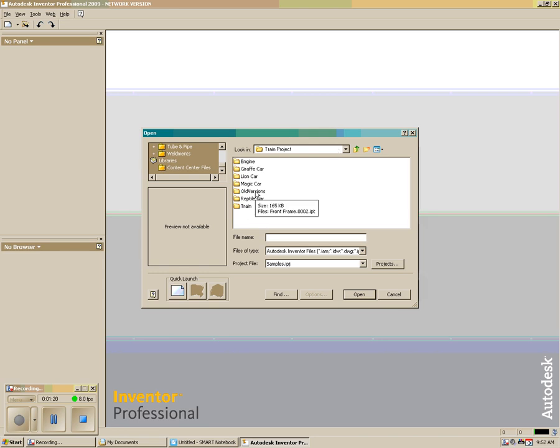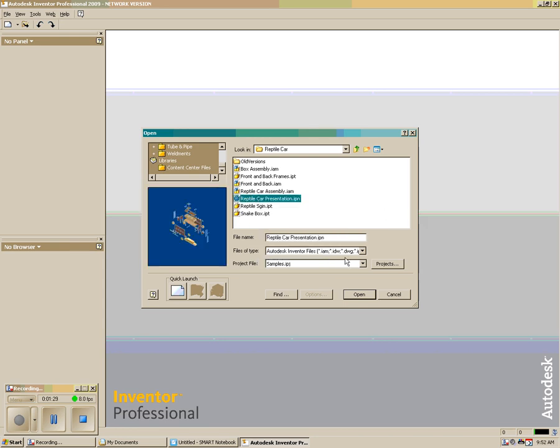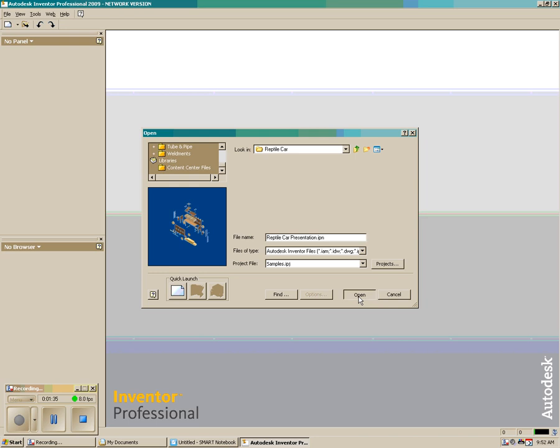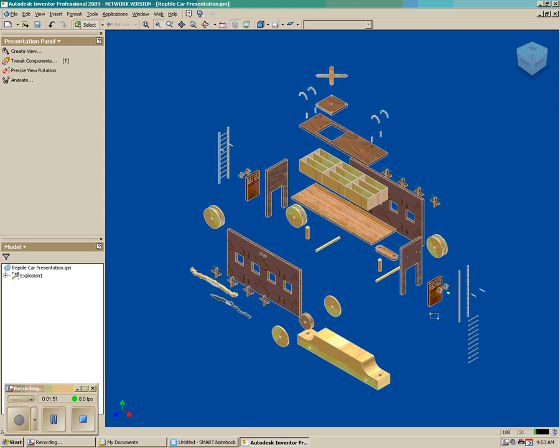So I'm going to open a presentation for a car I did. I'm modeling mine after the train from the third Indiana Jones movie at the beginning, if any of you watching this have seen that. So you'll see it's a little bit like that. So this is a reptile car anyway. So once it opens, okay, so this is my reptile car, and it doesn't really look like a train car